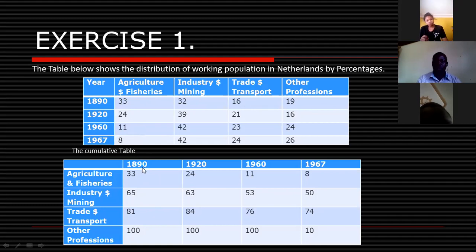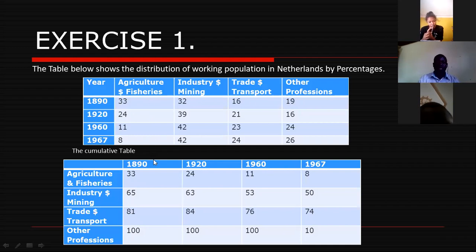We want to know what is represented for agriculture and fisheries in 1890. What of 1920? What of 1960? And what of 1967? So when you get these, we are not going to add them like this. We are going to add them like this,